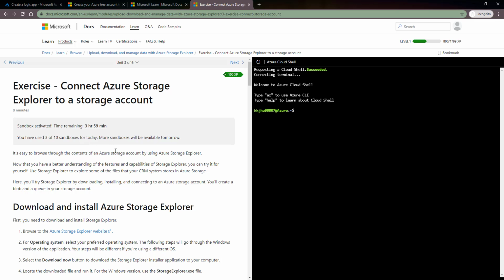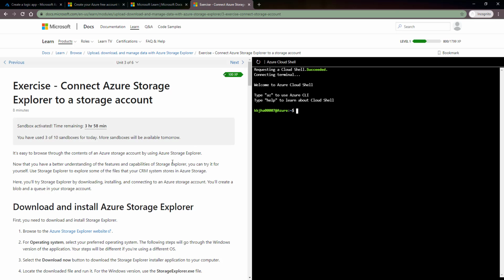One point to keep in mind: after 4 hours, whatever components or services I create will be deleted automatically. You cannot restore or save that, so it is just for a short period. If you want to explore or learn something on Azure Portal, this is very useful and completely free. You don't have to register anything, and you don't have to pay anything.